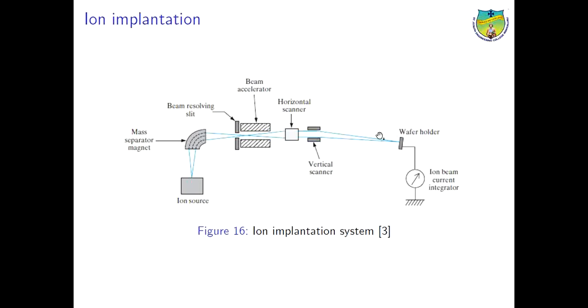The problem with this ion implanter is that lattice damage can happen due to the collision between the ions and the lattice atoms. This damage can be removed in silicon by heating up the crystal after the implantation process, called annealing. So in this system, the gas containing the impurity is ionized in this ion source and it is passed through the mass separator, which will separate the desired impurities from undesired impurities, and then it will pass through the beam accelerator, which will accelerate the beam, and then it falls uniformly over the wafer surface.